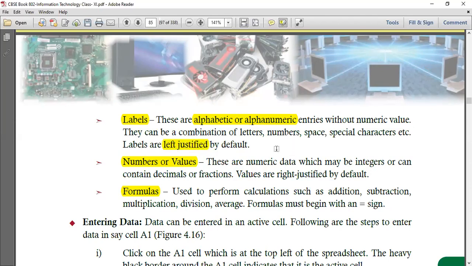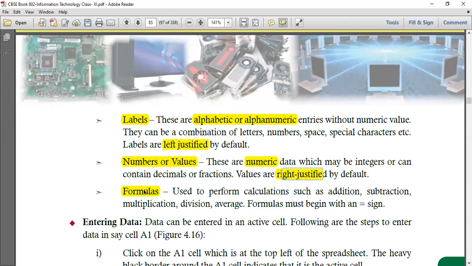Whenever you type anything into a cell, any kind of alphanumeric or alphabetic form of entries, वो हमेशा left side aligned होंगे. By default they are aligned to the left side. And when you type a number, a numeric data, any integer, it is always right aligned. ठीक है, तो ये important है याद रखना कि alphabets and labels are aligned on the left side and numbers are aligned on the right side.